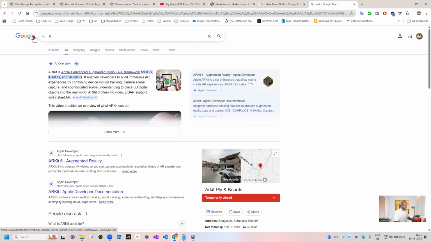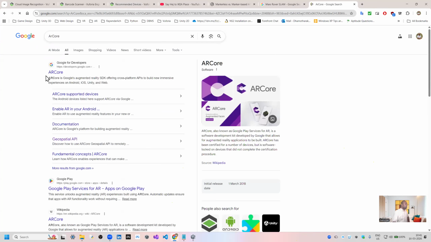ARCore is from Google for the Android platform. These technologies should be supported on the smartphone. If they are available, then definitely these advanced features will work, because Vuforia depends on